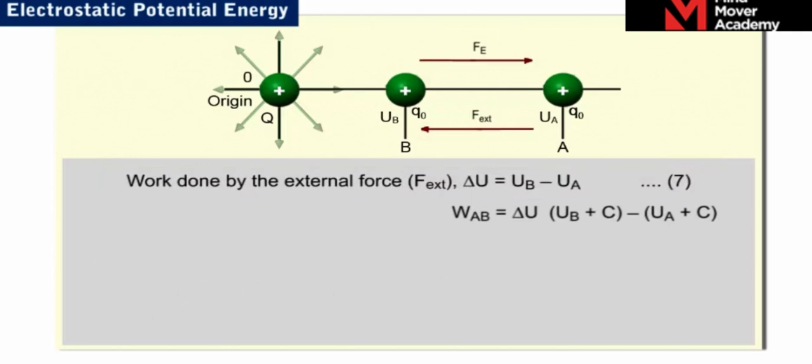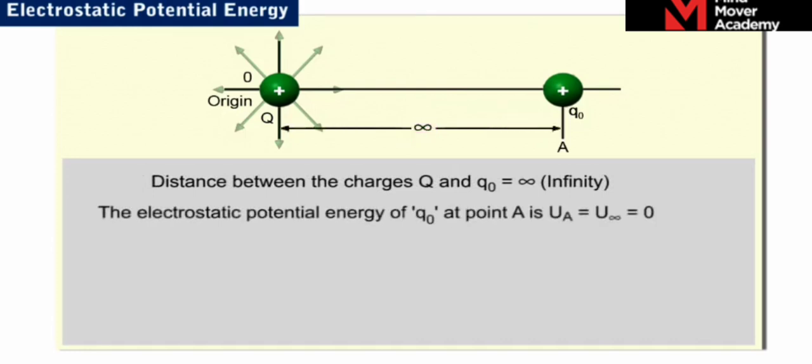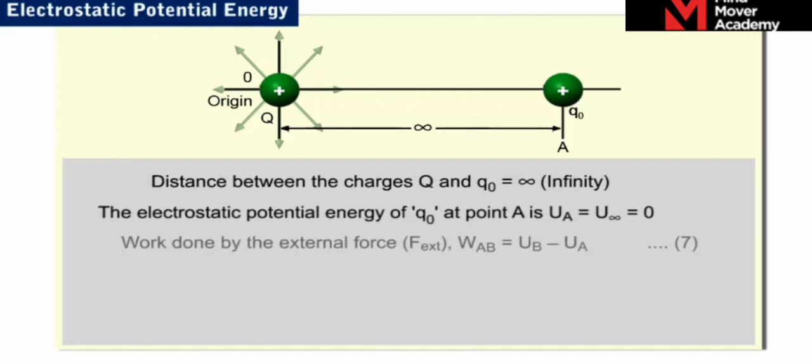Hence, we can choose a convenient reference point where the value of potential energy is 0. Let point A be at an infinite distance from the charge Q. The electrostatic potential energy of Q0 at point A, UA, is equal to U infinity, which is 0. Therefore, the work done according to equation 7 can be written as WAB is equal to